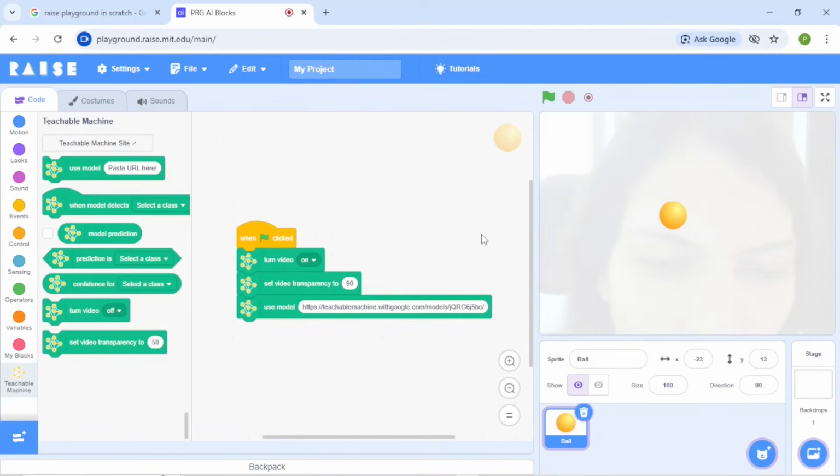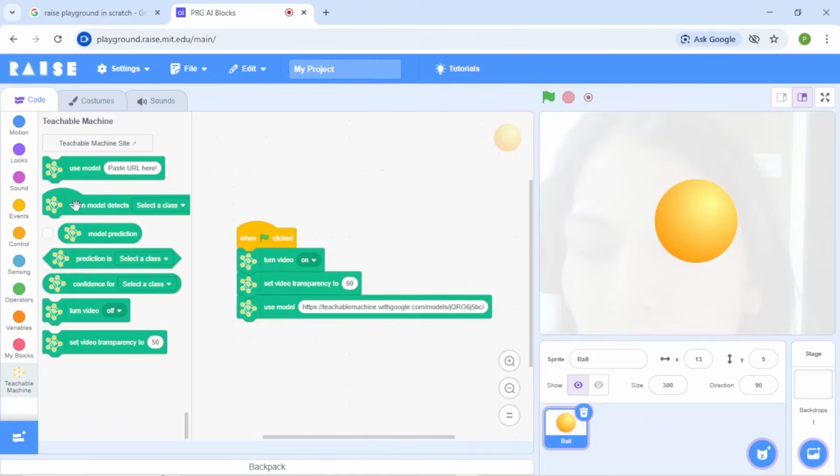Now what I want here, I want to take the actions according to the classes I have created, and on the basis of that, the color of that ball should be changed. So first what I'm going to do, I will change the size of this ball. I'll make it 300%. Okay, big enough to show the color changes, how it's going to affect.